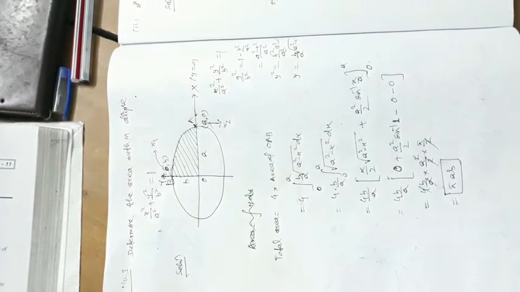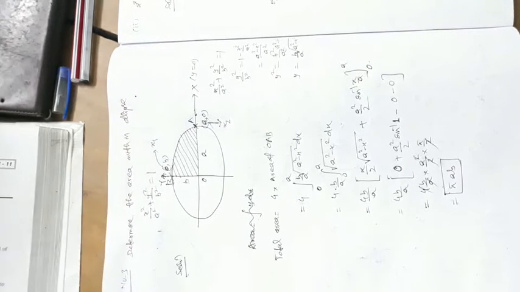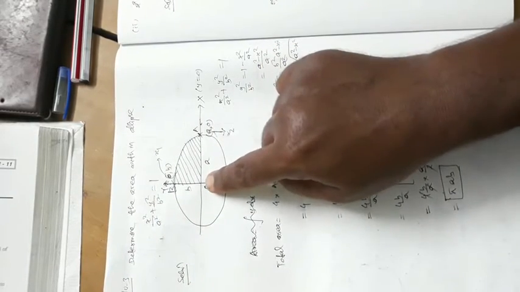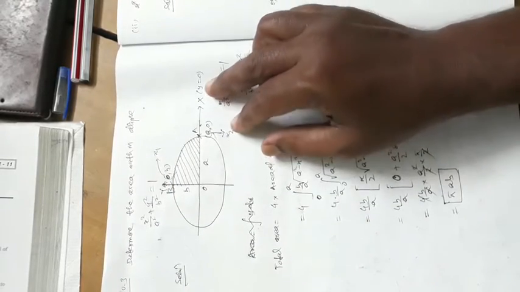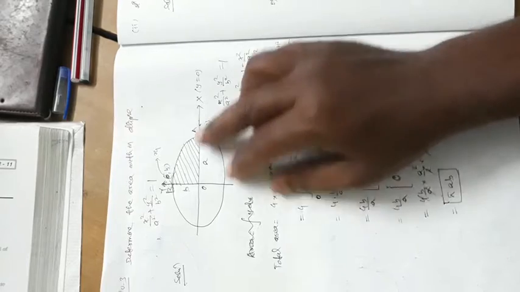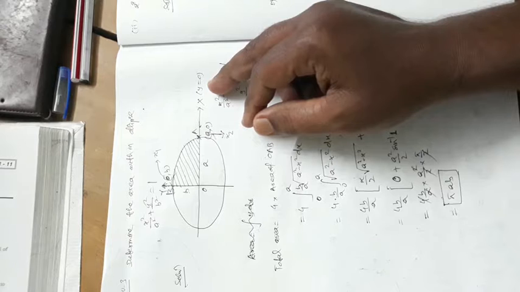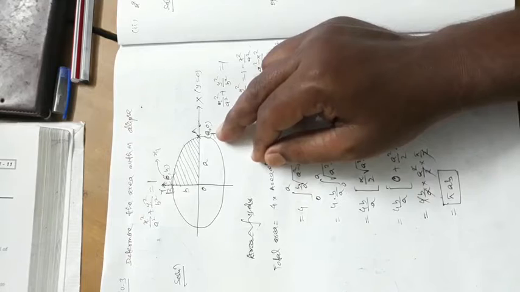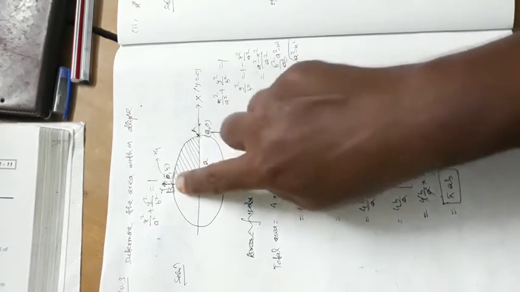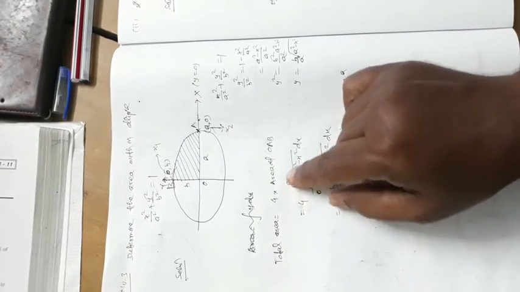It is question number 3. We have to determine the area within the ellipse x square by a square plus y square by b square is equal to 1, and this is your ellipse, and this is the major axis, this is the x axis, this is the y axis. y is equal to 0 is the x axis, y axis means x is 0. When y is equal to 0, x is what? When y is equal to 0, x is a, that is x square by a square is equal to 1, x is equal to a, and the point is a, 0, this is 0, b.